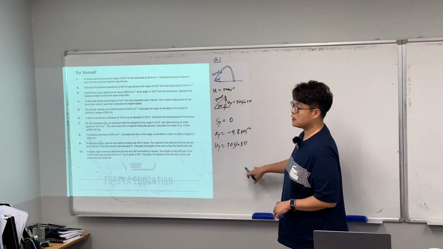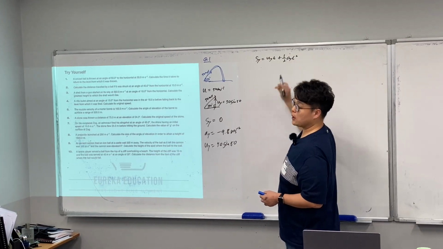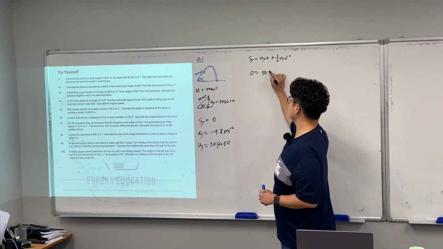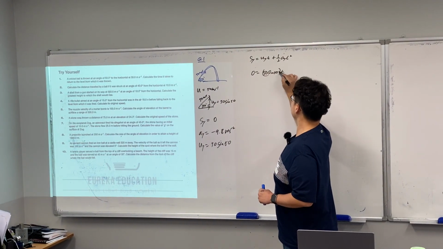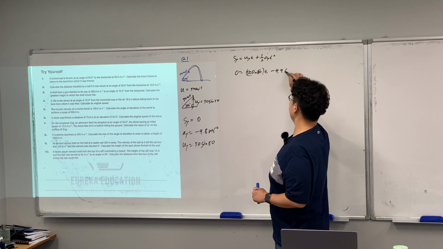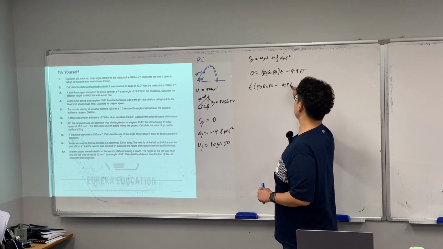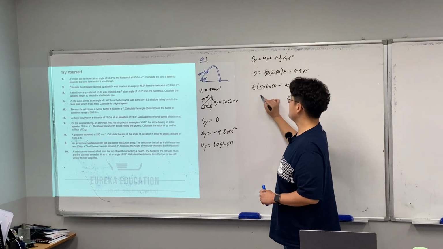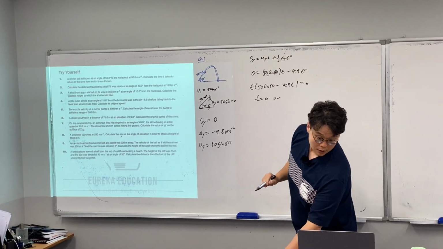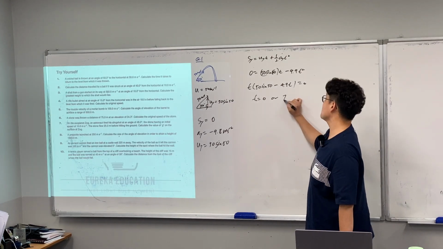Combining all the factors, you would get sy equals uyt plus half ayt squared. Substituting the values in, you would get 0 equals 50 sin 50 t minus 4.9 t squared, giving you t times (50 sin 50 minus 4.9 t) equals 0. T would be 0, or given the value here, so has anyone calculated? 7.8. Yep, you would get 7.8